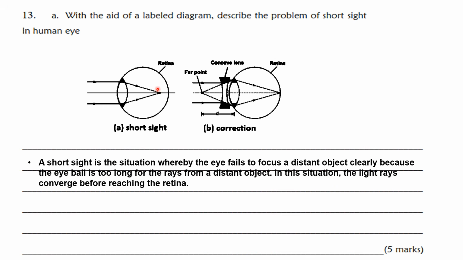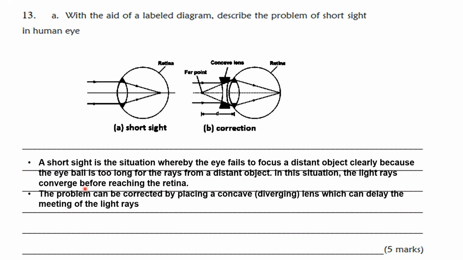The rays fail to reach here because for one to see an object from far, the rays must touch here where they meet the sensitive cells, which are the cones and the rods. The problem can be corrected by placing a concave or diverging lens which can delay the meeting of the rays, push them, extend them to the retina, enabling the person